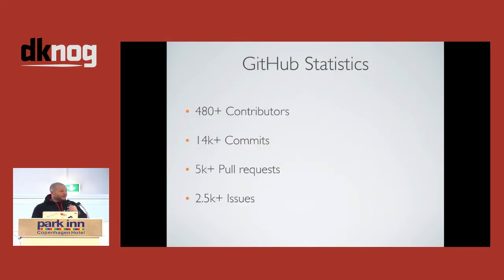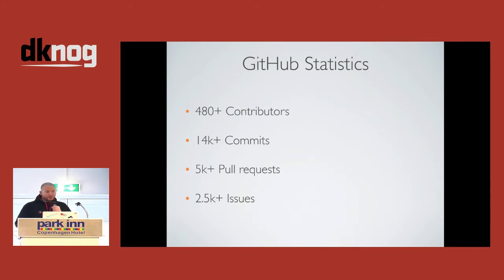Just a bit of GitHub stats. We're not a super big project. You know, we're not talking about thousands of contributors or anything. But for what we are, it's a decent size. So we've had over 480 people contribute to the project since it's forked. You know, some of it might be just single documentation changes and things. Other people have come along and just randomly appeared and contributed a big part of the code base to us.